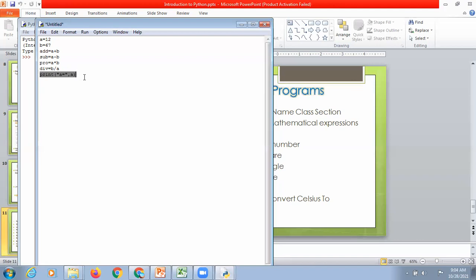Now I'm going to copy the same line, paste it and change it to b. This time I wanted to print the value of b. Next, now we have to print addition, subtraction, all the outputs. So again paste. Sum equals to, the variable which we have used to store the value of sum is add. So here I have written add. Next is difference.